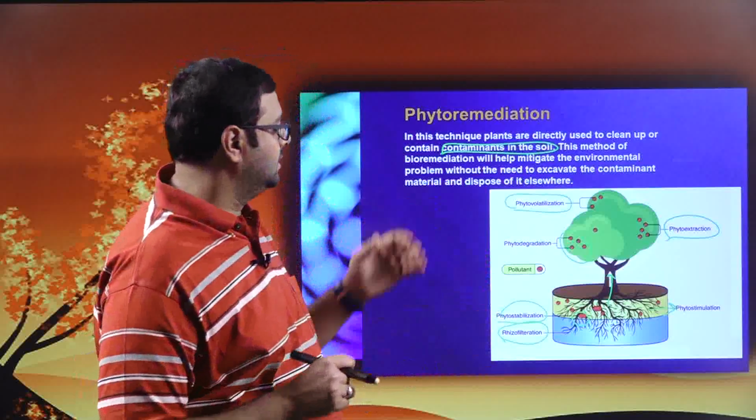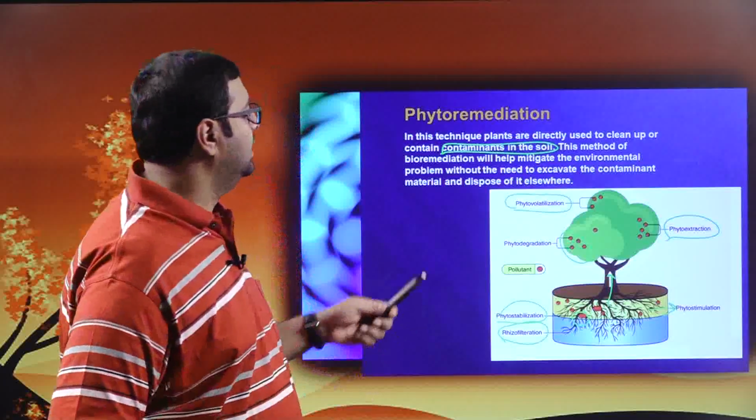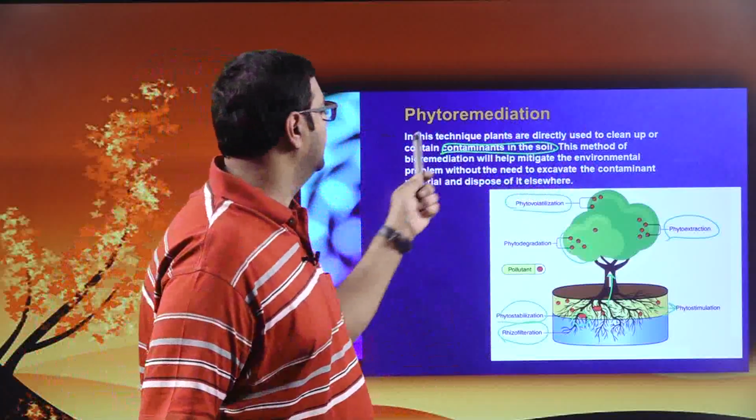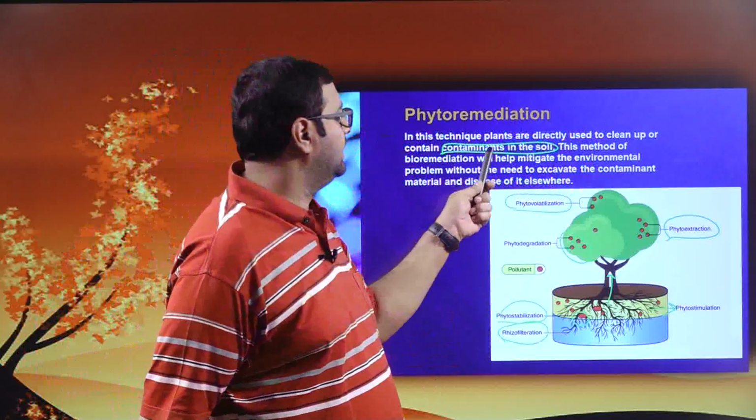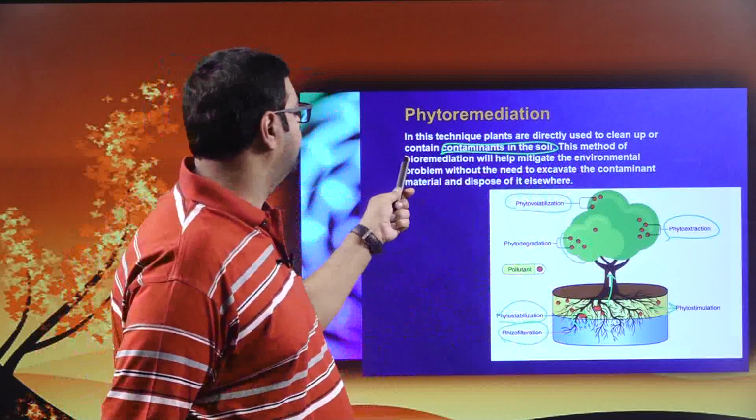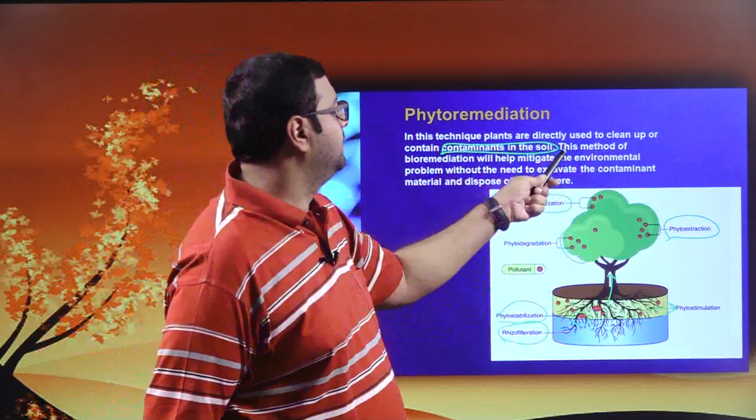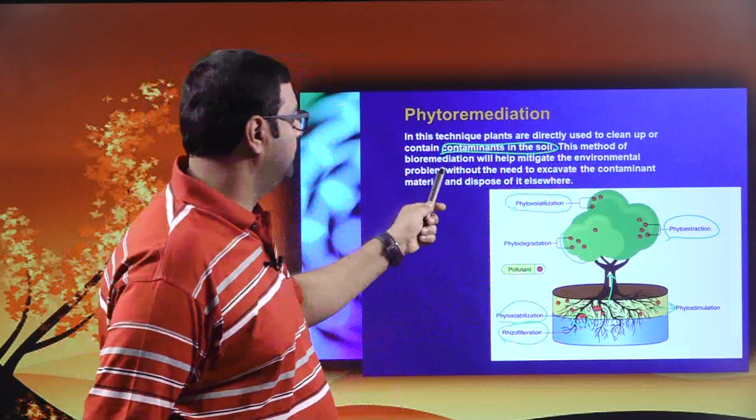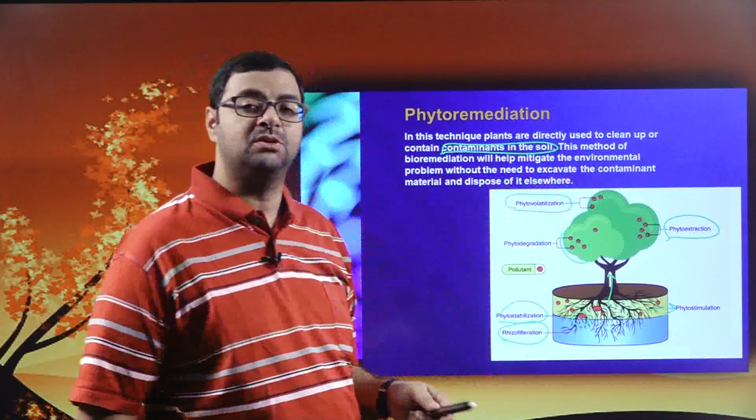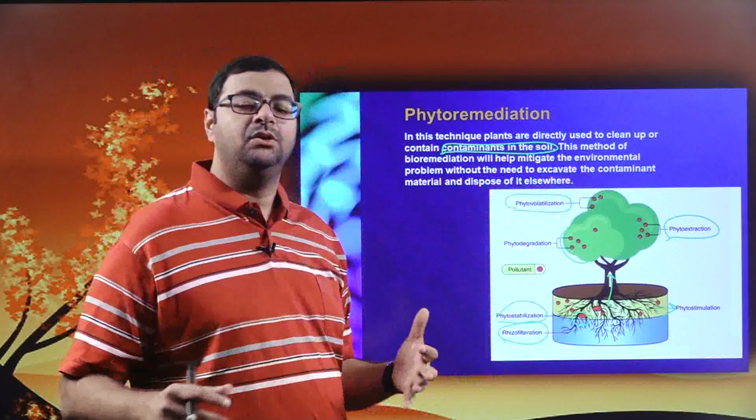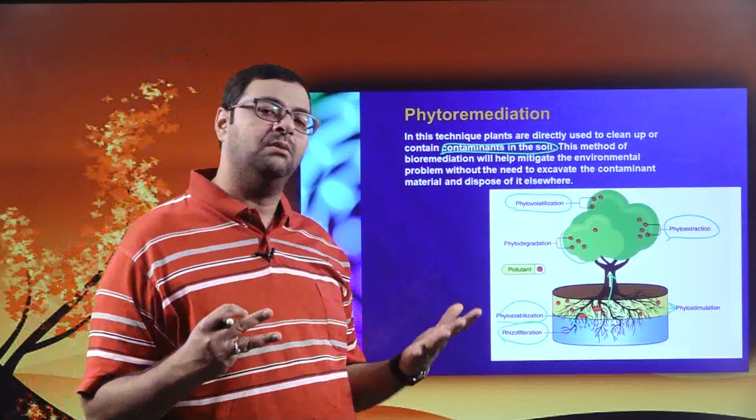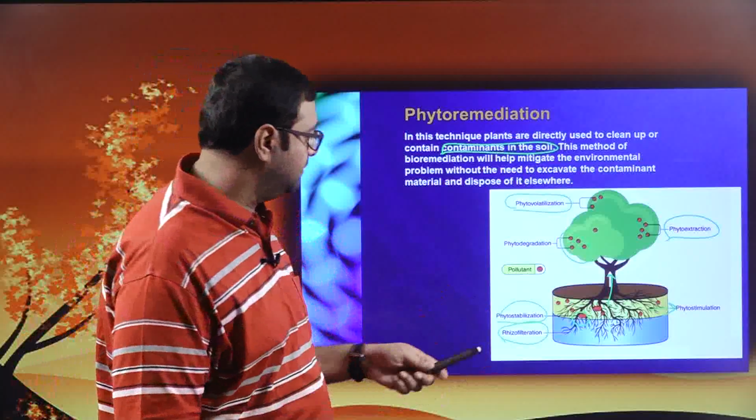All right, so this is basically what phytoremediation is. I'll just read it once again so that you understand. In this technique, plants are directly used to clean up or contain contaminants in the soil. Plants directly we are using them. This method of bioremediation will help mitigate the environmental problem without the need to excavate the contaminant material and dispose of it elsewhere. So when you are using phytoremediation, you do not have to remove that waste from that particular place. You just have to put a plant and they will grow over there and perform all these